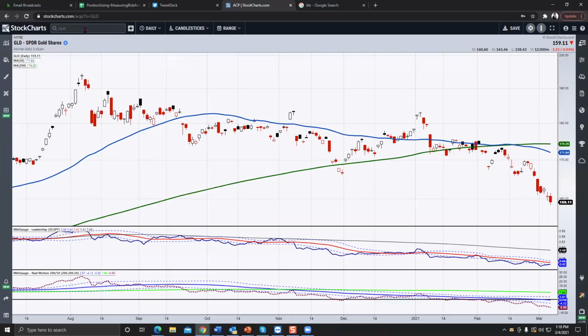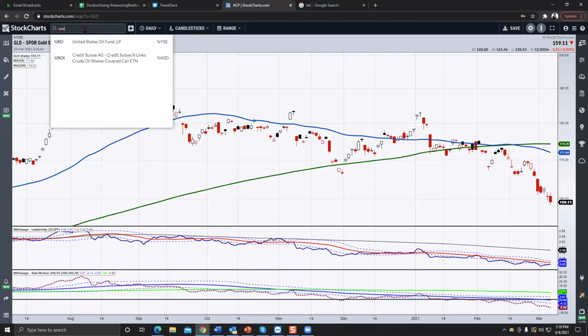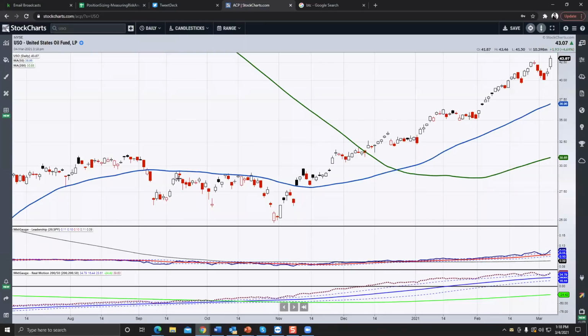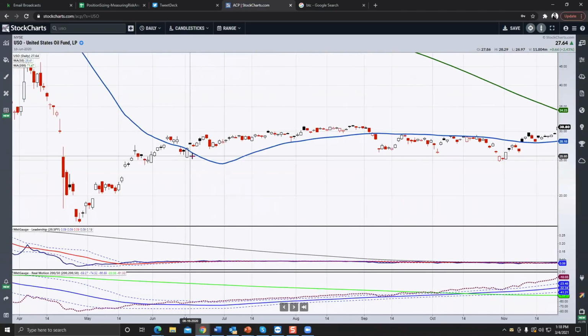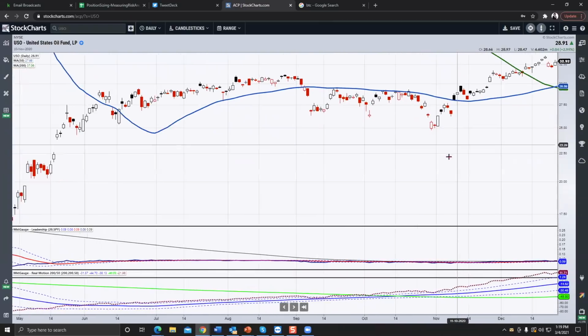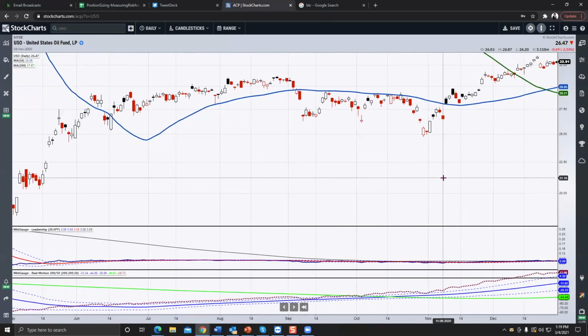Now, if we look over to USO, this was the classic divergence in momentum back in the summer where this was starting to clear the 50-day moving average before the price was. Let's go back a little bit here actually to that time when I'm talking about. When this came back over the 50, momentum was in line. And notice how the momentum stayed above the 50 throughout the entire time the price was trading under the 50. So of course, if you just waited to when the momentum actually started moving up a little bit more,